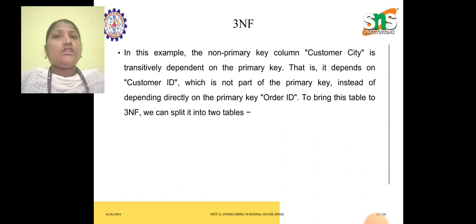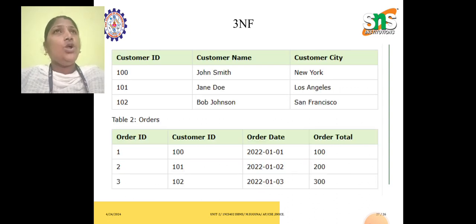So in this table a transitive dependency occurs. In order to make this table third normal form, we have to eliminate this transitive dependency. What to do for this elimination? Obviously we have to split the table, and remember that while dividing the table, the divided tables should be in 1NF, 2NF, and also should satisfy the